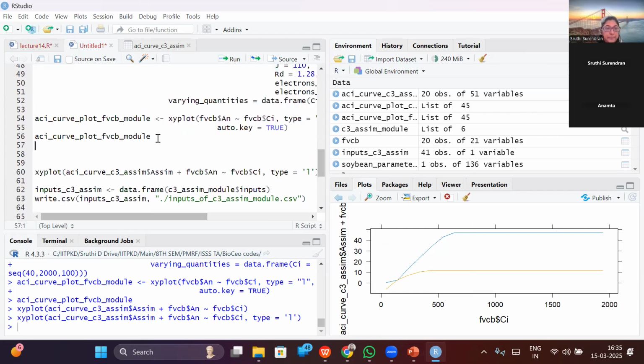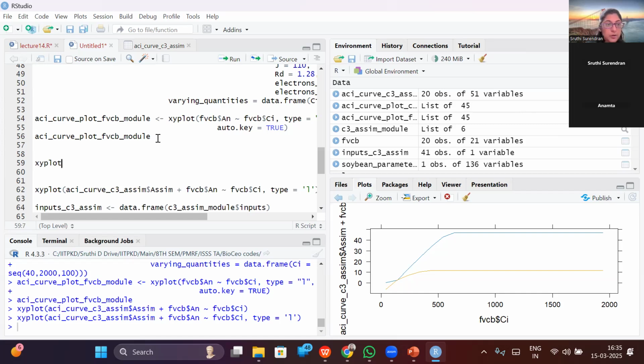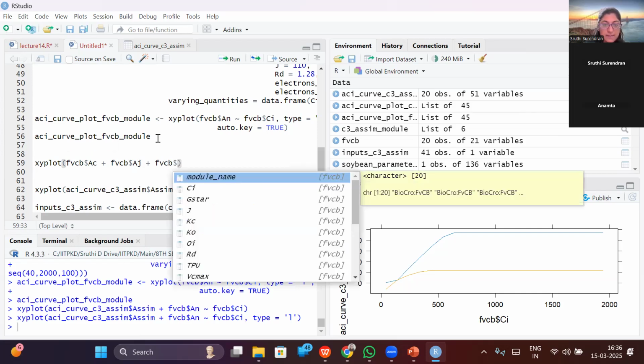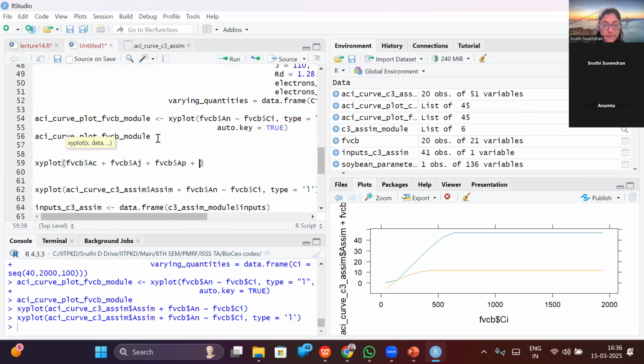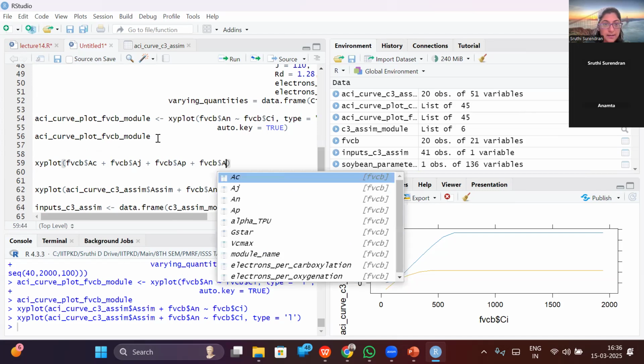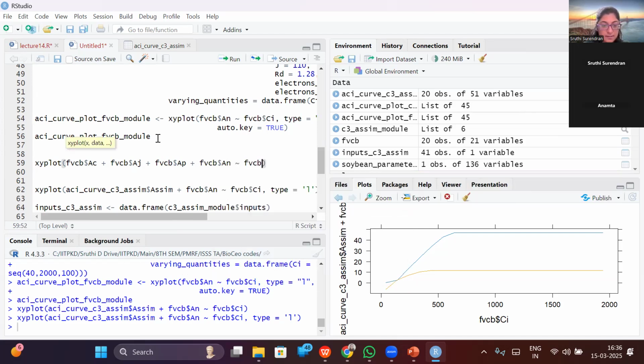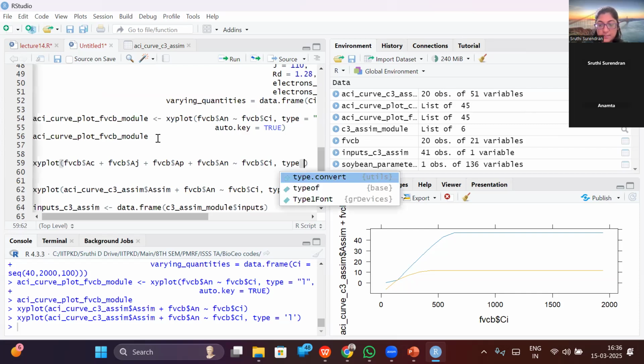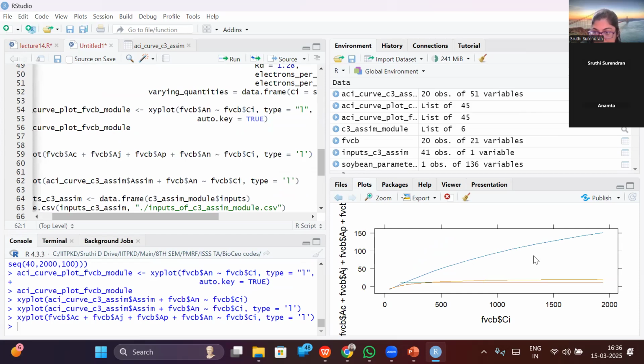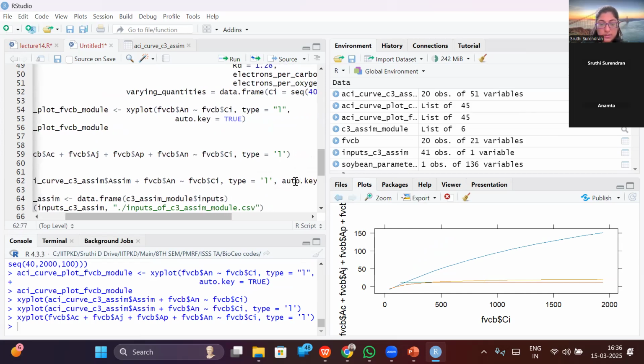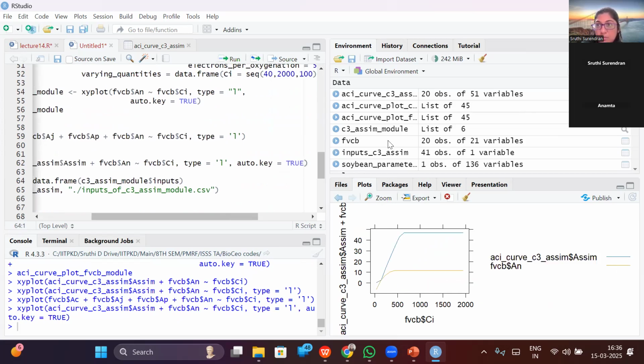So if you plot an XY plot of FVCB's AC plus FVCB's AJ plus FVCB's AP plus FVCB's AN versus FVCB's Ci, where I is equal to L, then you will see that there are three curves, and we also need to set the photo key, equal to true. So if you zoom this, you can see that